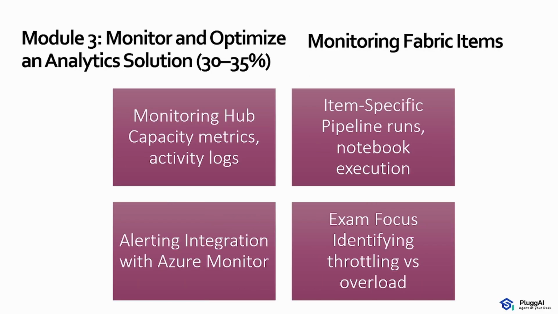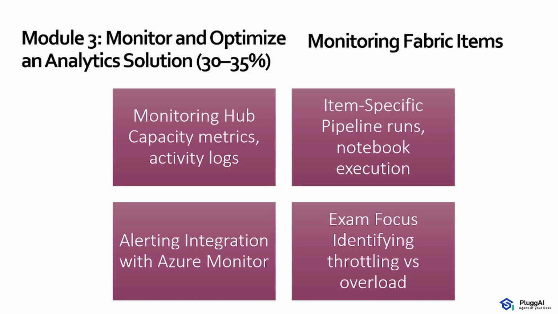Now for the final big push, Module 3 of the DP-700 exam: monitoring and optimizing analytics solutions in Microsoft Fabric. This wraps up the last 30 to 35%, and honestly, it's where a lot of people either shine or stumble because it's all about keeping things running smoothly, efficiently, and affordably in production. We're talking monitoring pipelines, spotting bottlenecks, tuning Spark jobs, optimizing Delta tables, warehouse queries, and setting up alerts so nothing